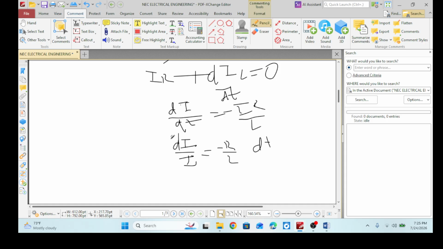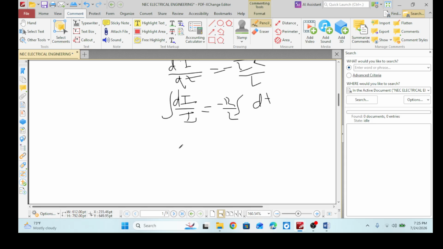Now integrate on both sides. Integrating on both sides, we get ln I equals